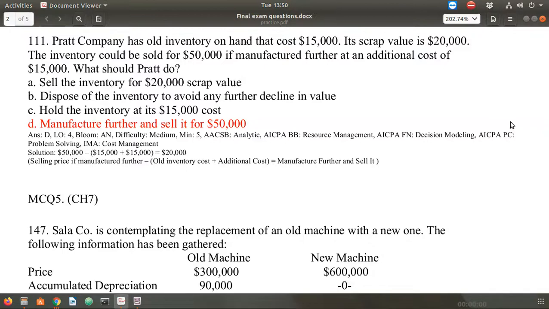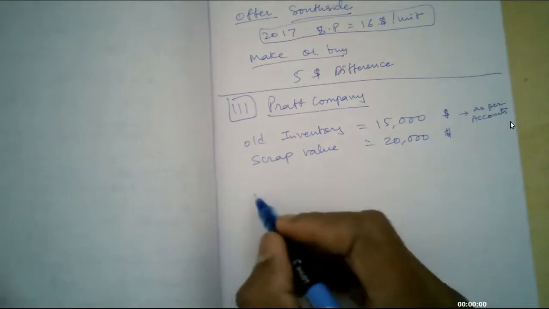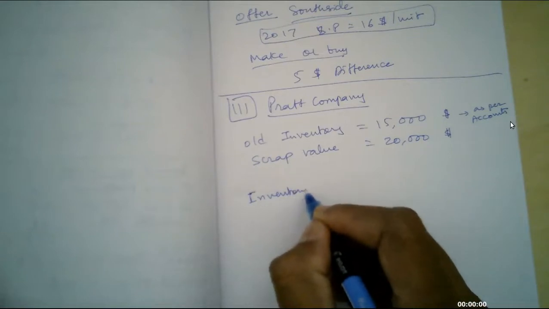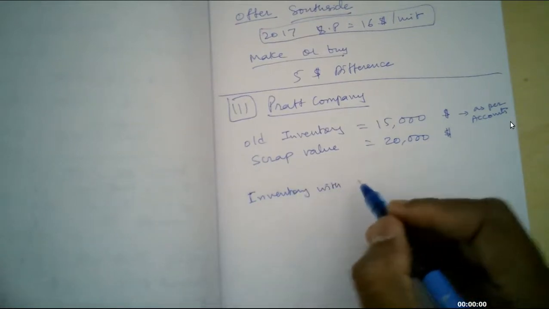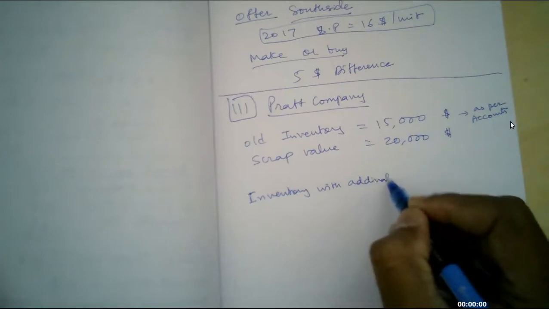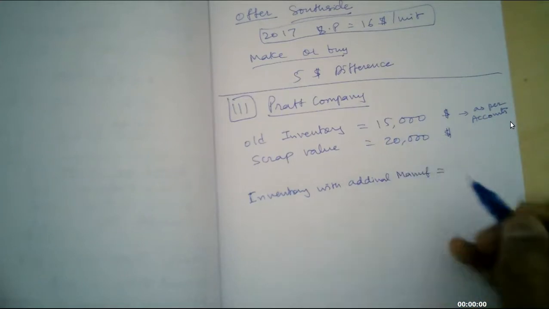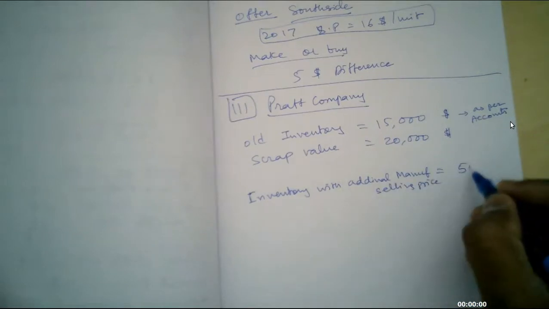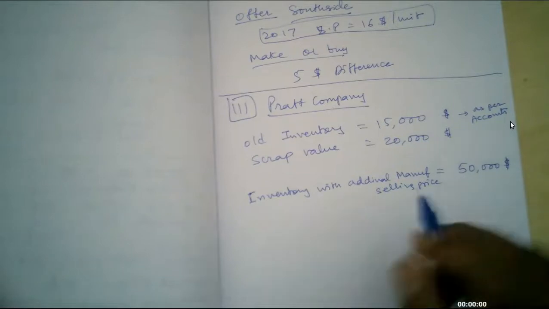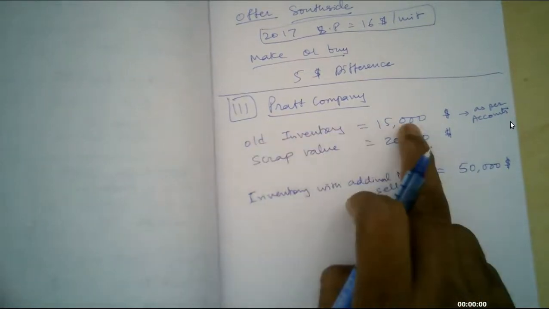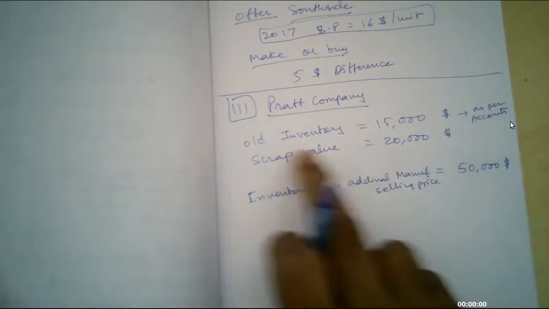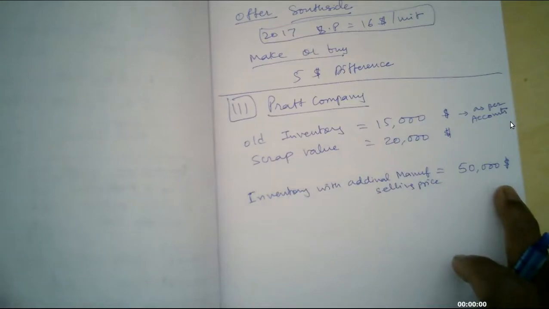The inventory could be sold for $50,000 if manufactured further. Okay, so inventory with additional manufacturing, then the selling price will be $50,000. So you convert this $15,000 old inventory, you do some additional manufacturing, and you can now sell it for $50,000 instead of selling it as scrap. This is even better, right? But then the problem is,